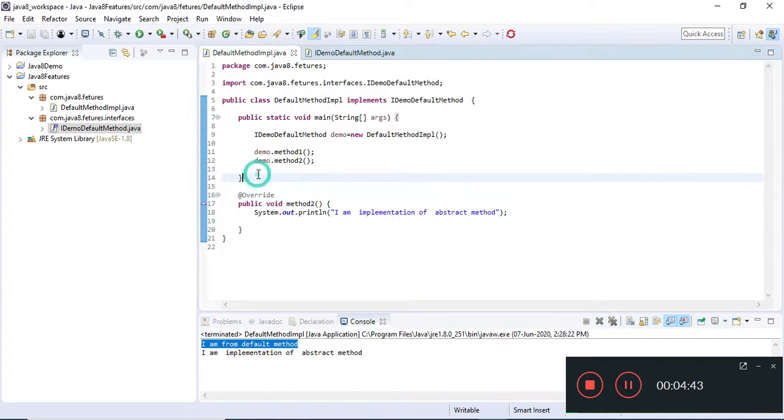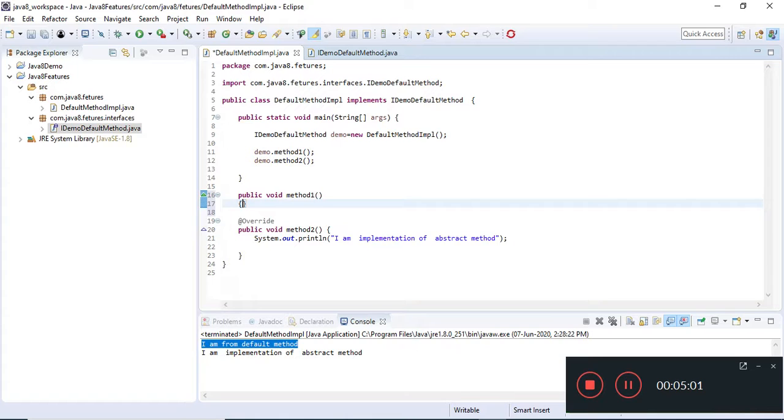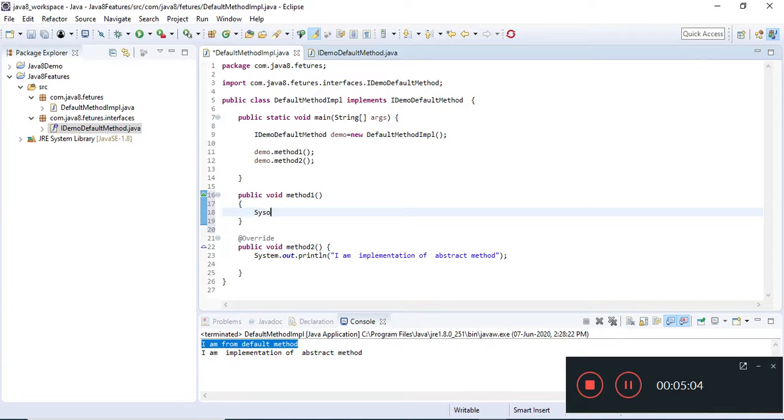If a class needs to override the default method, it can also override the default method defined in the interface. So we have method 1 in the interface, and I'm writing here sysout, I am overriding method 1.